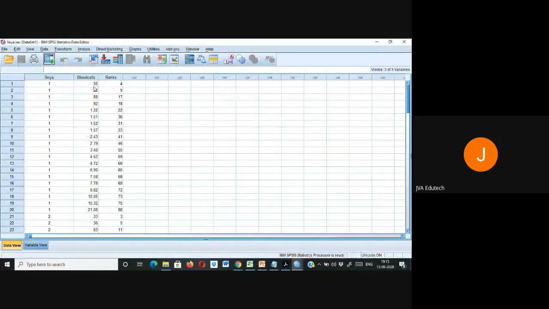The blood cell count is 0.35 millions. If a person is fed on one soya meal, 0.58 millions, and 0.88 millions in case of respondent 3. So we score them, we give them ranks,